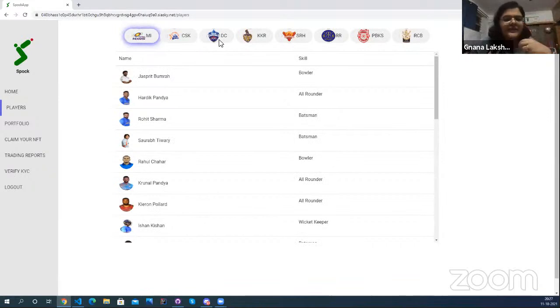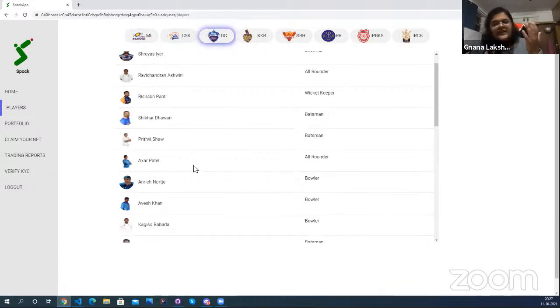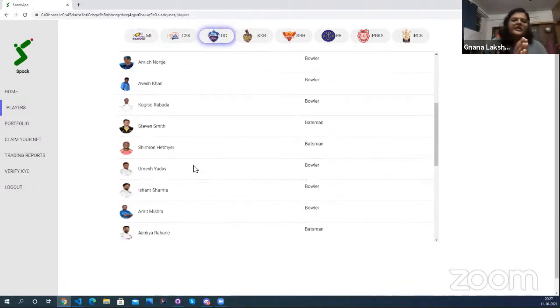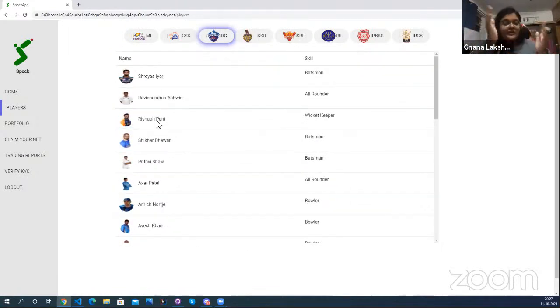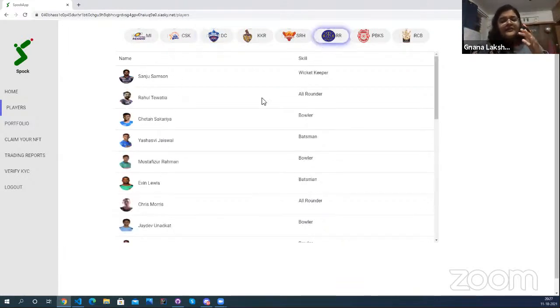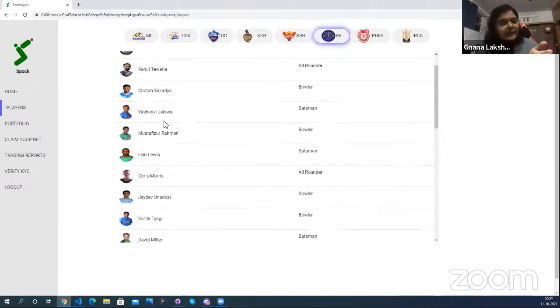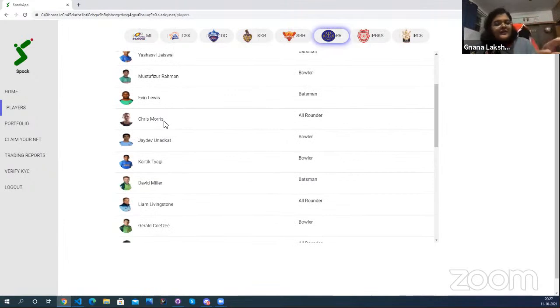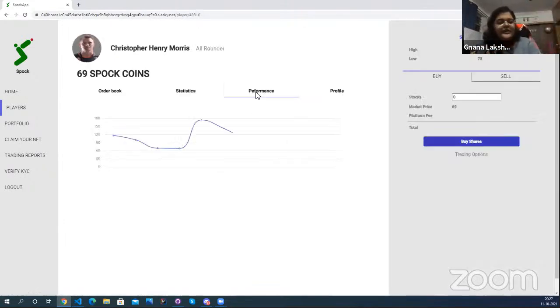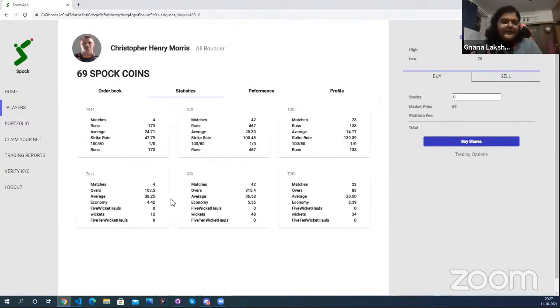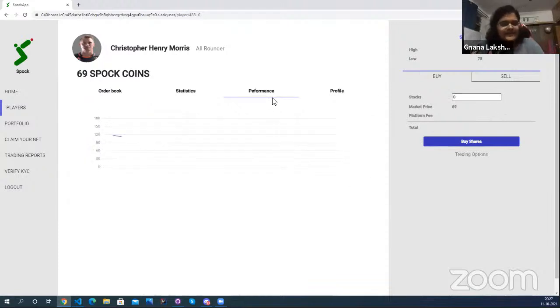So right now, since we have focused on IPL, we have teams specific to IPL, but you can think of this as eventually all the sports coming together. You have cricket, you have football, and you have whatnot. You go into the sport of your choice, you go into the different tournaments offered in that sport. So here ideally the hierarchy would be cricket, and then the IPL tournament, then we reach here. After we reach here, we see the different teams. We click on a team, we click on a player, and then you can buy the stock of that particular player. You can look at the player details, the statistics, their past performance, their profile, etc.